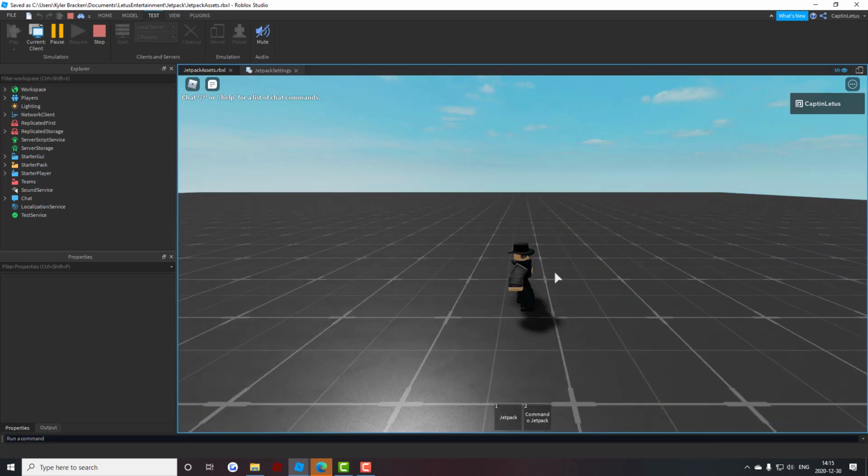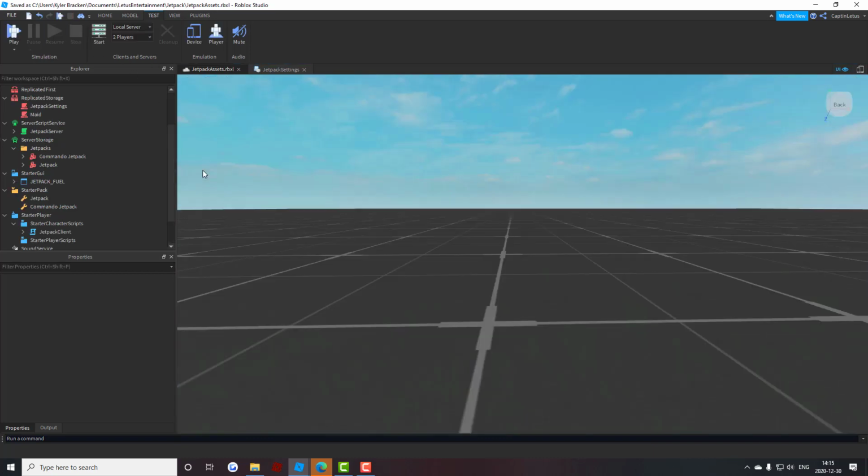That's it for this third video, nice and short. So that's how you added your own jetpack models, particle effects, giving tools, and had it set up with the jetpack